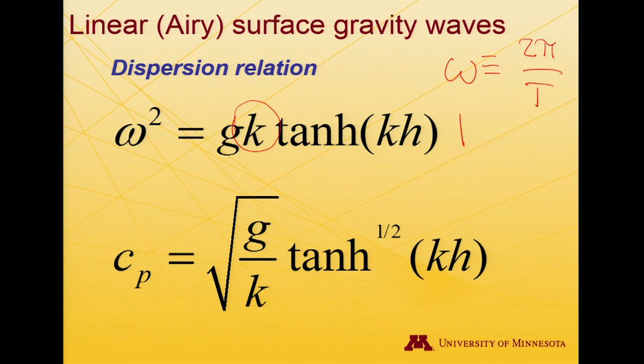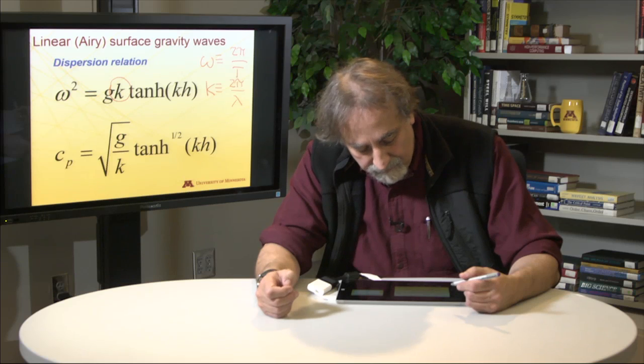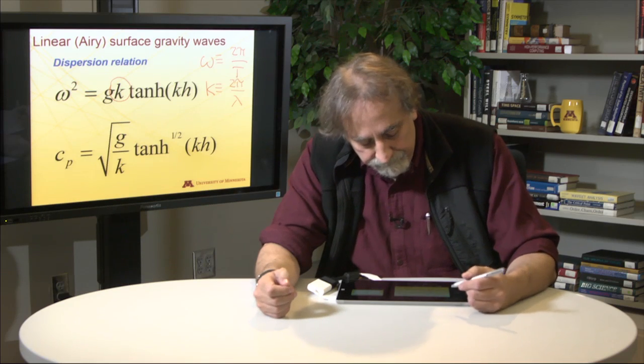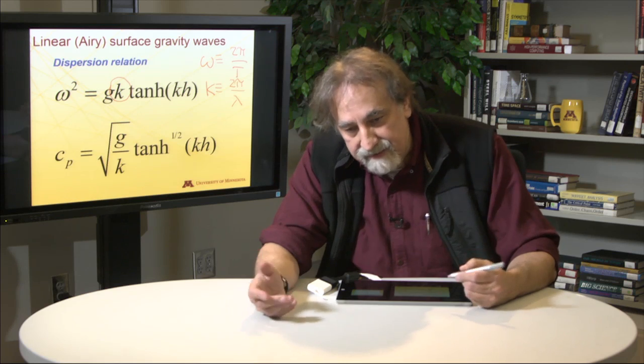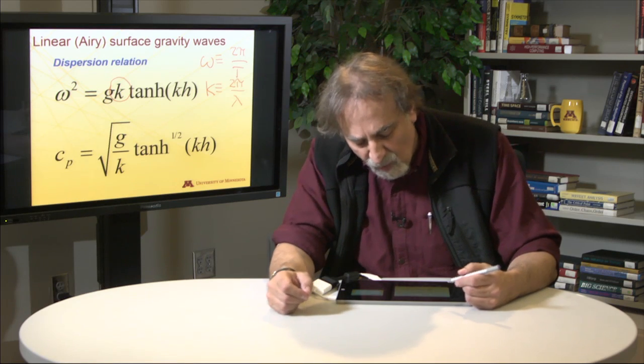So k is equal by definition again to 2 pi over the wavelength lambda. And so k is to wavelength what omega is to period. So wave number and frequency are basically just two alternative versions